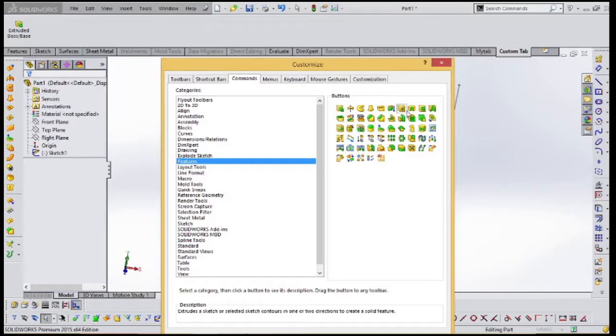And if you are using some other thing, like Extruded Cut, frequently, I brought them there. And another thing, I will be using this Fillet also frequently, this Chamfer also frequently. Like this, whatever you want you can bring here.